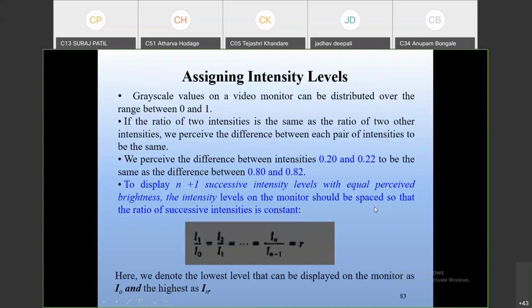Now, assigning different intensity levels. Grayscale values on a video monitor can be distributed over the range